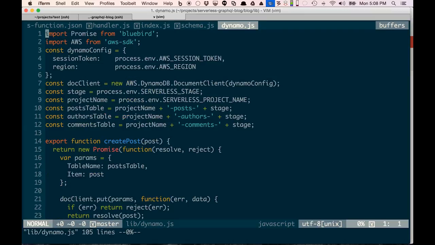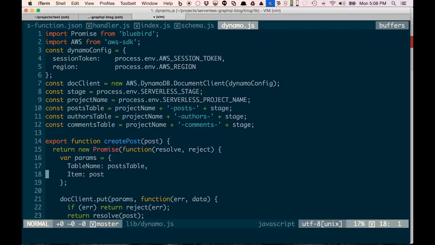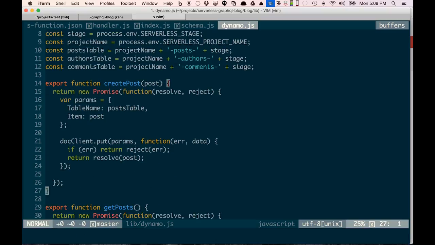Finally, the Dynamo file in this project structure contains the logic required to communicate with Dynamo tables that store this data. There are 3 tables that are created based on your project name, the post, and stage. And there are functions that correspond with the different requests. Here is a